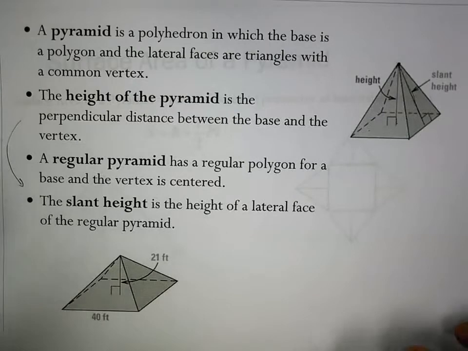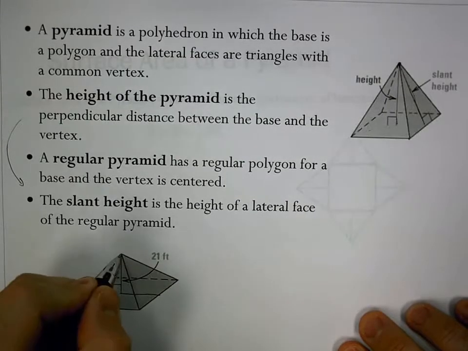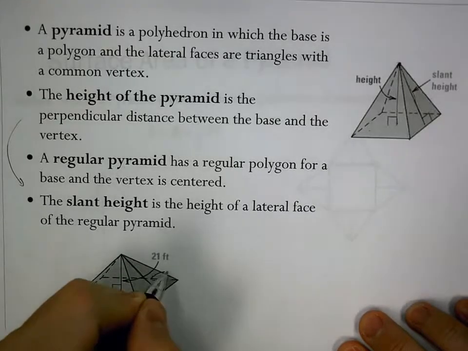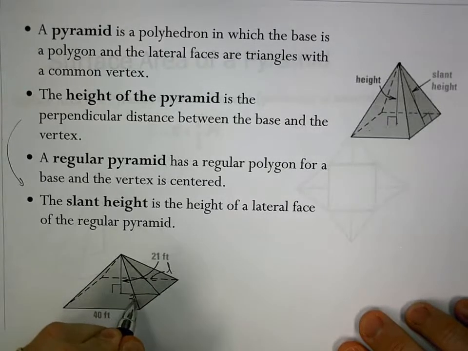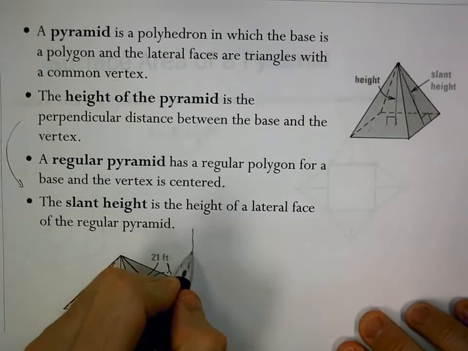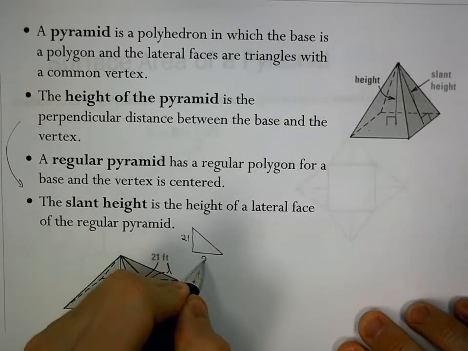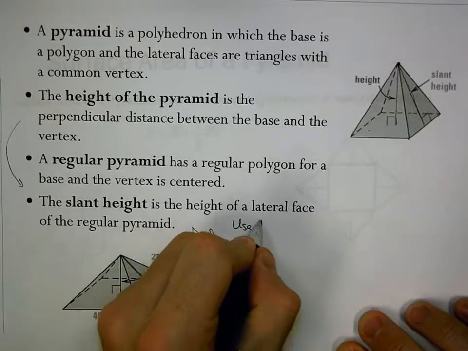Now, what if they give us the height when we need the slant height? And here's a good example of that. If they do that, we're going to form a right triangle where our slant height is here, and we just denote that usually with an L, and we can solve with a right triangle because this 21 is the height, the 20 is half of the 40, so that gives us a right triangle to use, where we can now solve using the Pythagorean theorem